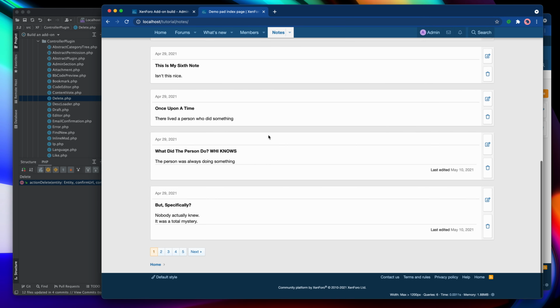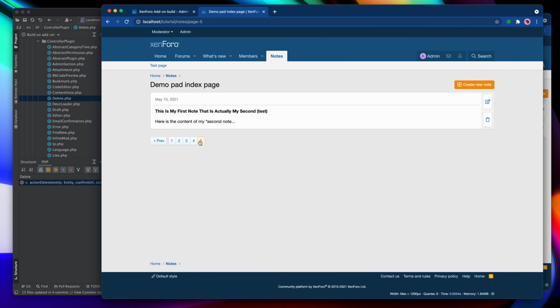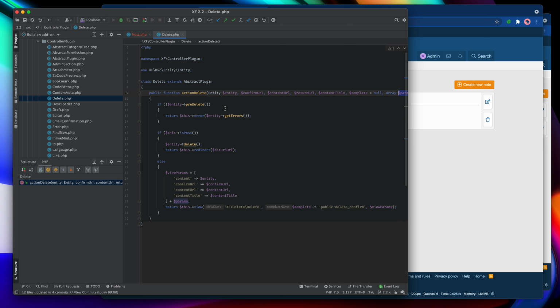And now we're back to the page we were redirected to, and if we go to the last page, you'll see that it's gone. So if you have a relatively simple deletion job to be done on any content, then the deletion plugin is the way to approach it. Remembering that you have this pre-delete function available in your entity, so anything that you need to clean up in relation to your content being deleted, you can handle it in the pre and post delete functions of your entity rather than having to do it in your controller.